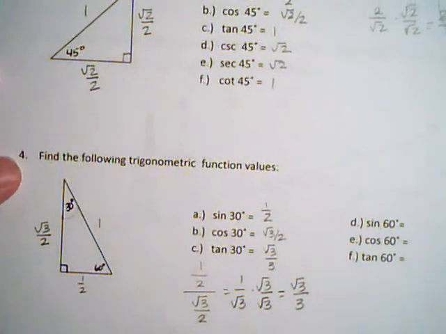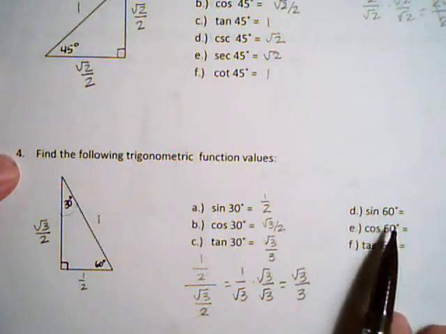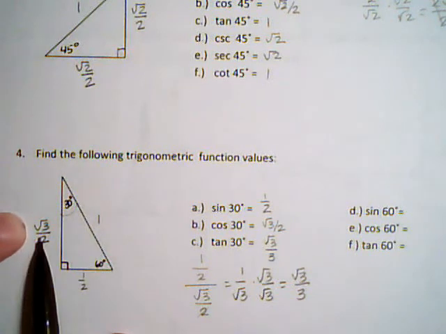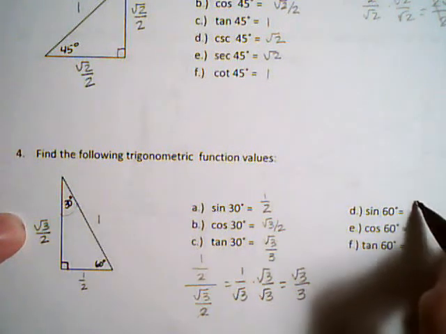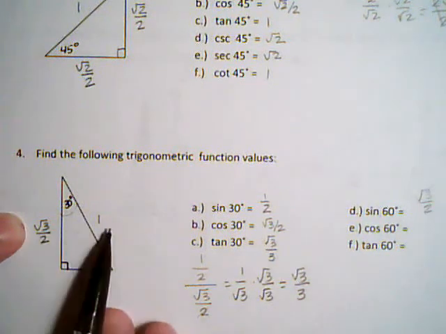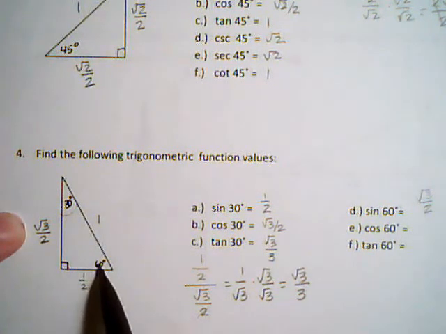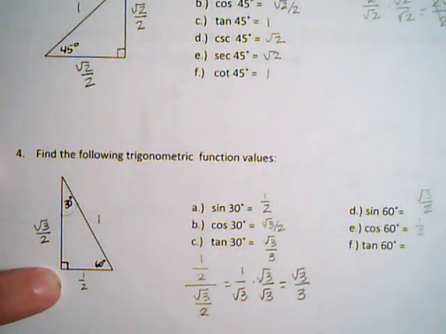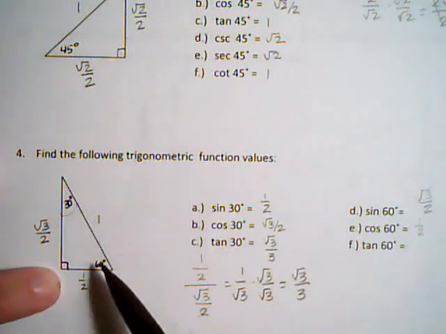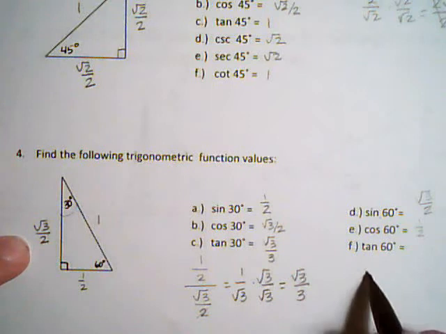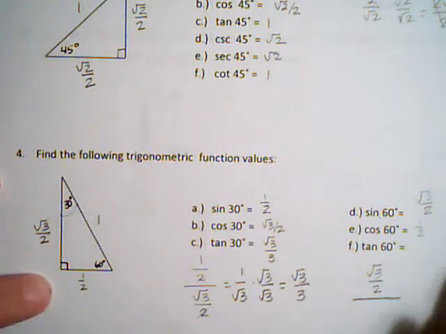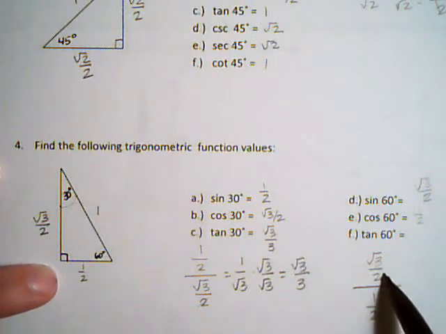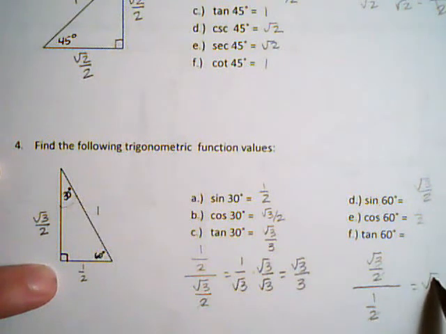Okay, now we're looking at the sine of the 60-degree angle. If I look at 60, sine of 60 would be opposite over hypotenuse, so that's the square root of 3 over 2 over 1. The cosine of 60 would be adjacent over hypotenuse, so 1/2 over 1 would just be 1/2. And then the tangent of 60 would be opposite, so square root of 3 over 2 over adjacent over 1/2. And so again, with the complex fraction, we can divide out the 2's,